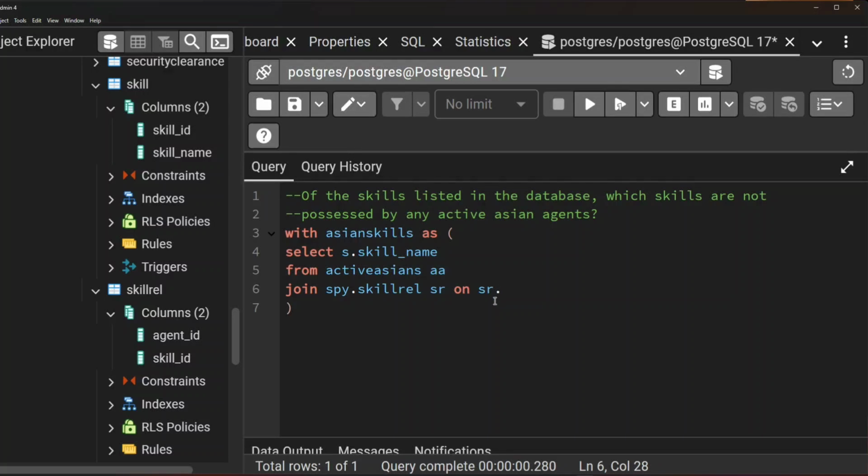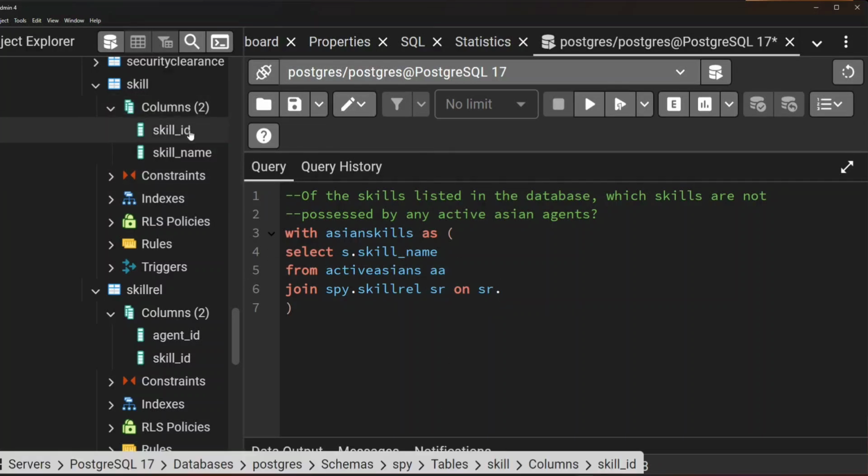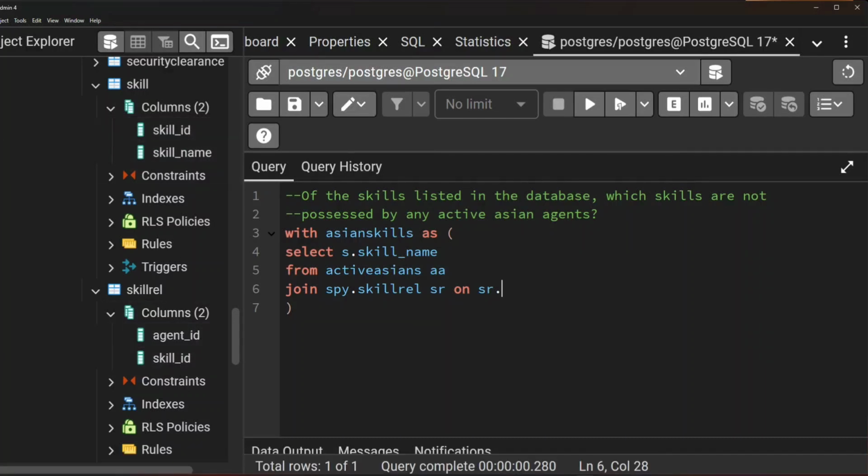So let's see. We want to join SkillRel dot agent ID